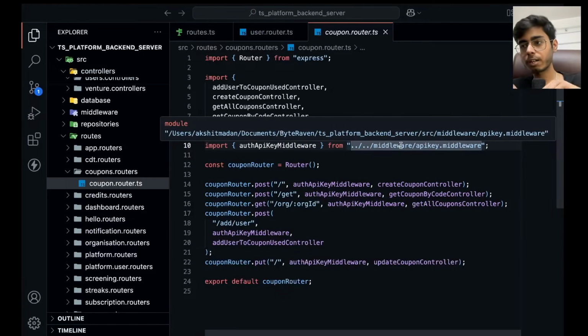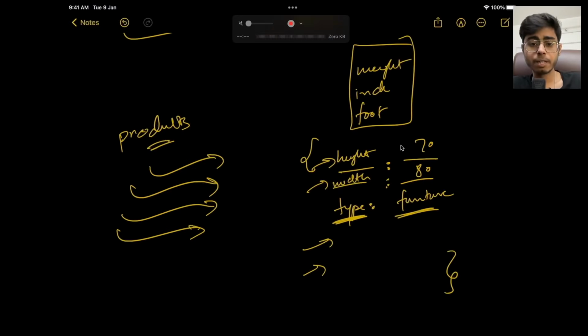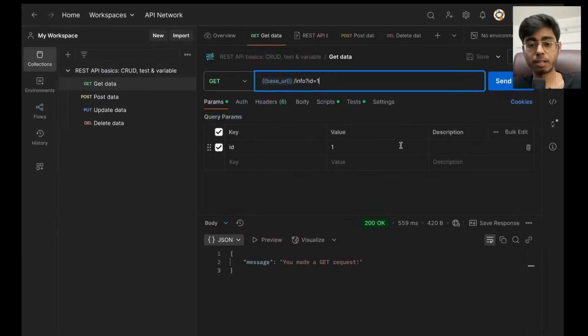So whenever you make a request and you get a response, and you have some middleware and some post body, you have some parameters, that whole entity object is called an API. Okay, so that API can be written in various programming languages. It can be written in Python using Django, Flask, FastAPI. It can be written in Node using Nest.js, Node.js, Express.js. It can be written using Java, using Spring Boot. It can be written using Go, using Golang. It can be written in Ruby, a lot of programming languages, right?